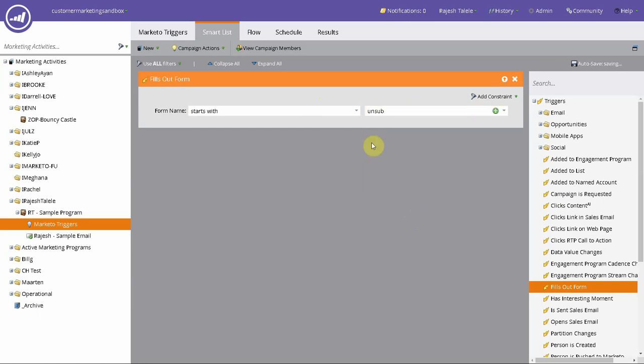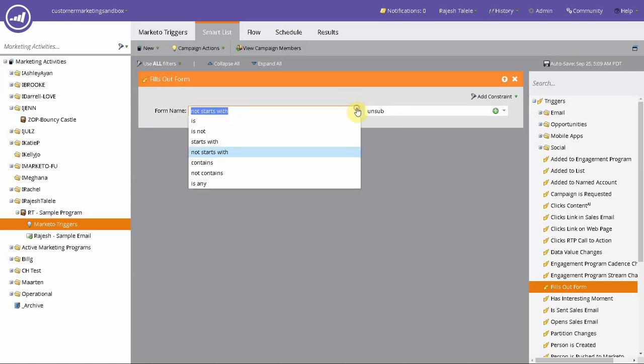Something like that. And if you have multiple unsubscription forms, you might have something like that. Or you might have high value forms which all start with, based on your naming convention, anything which starts with "high" might indicate high interest, so you may want to have that. You might also want to use "not starts with", like not starts with "unsub", something like that. So you avoid unsubscription forms and act on everything else, and keep it open for the future